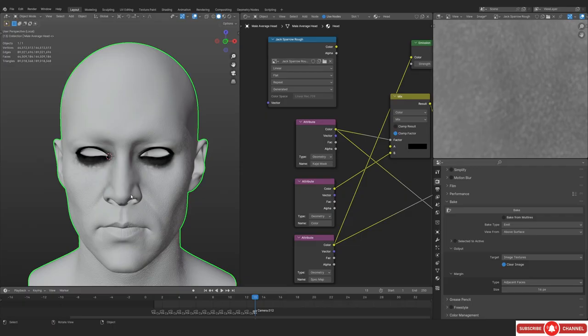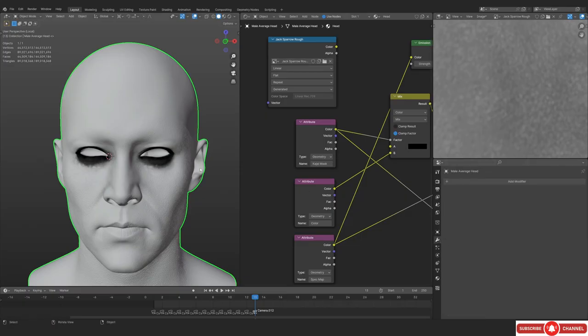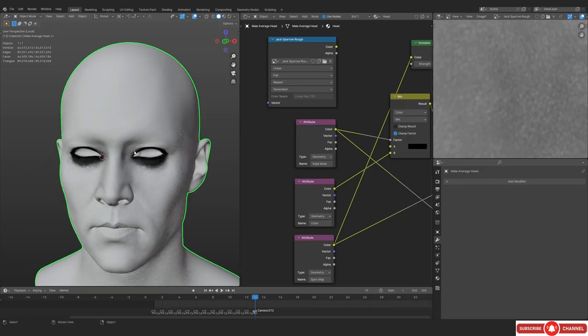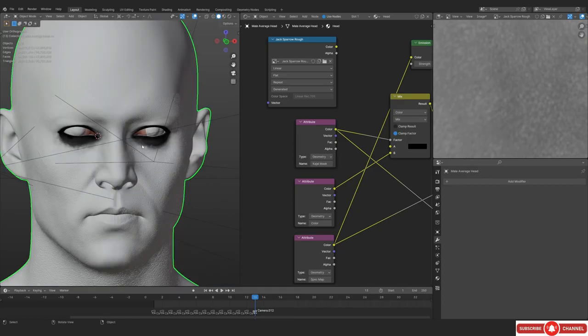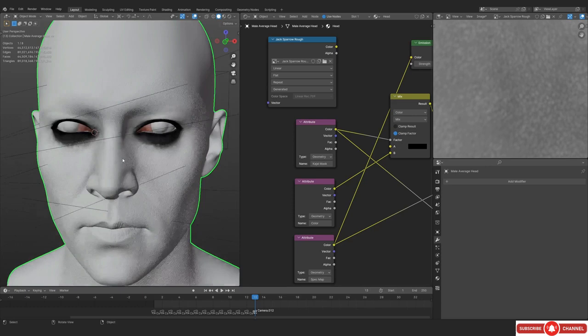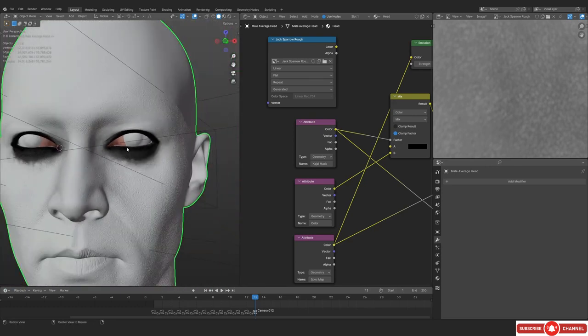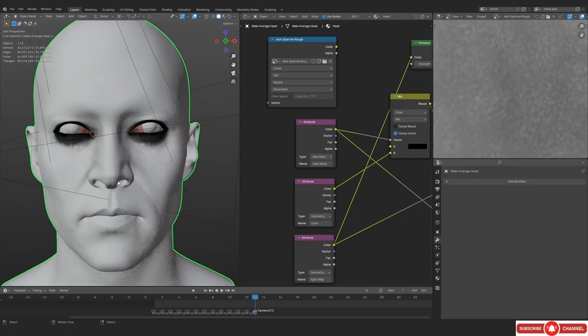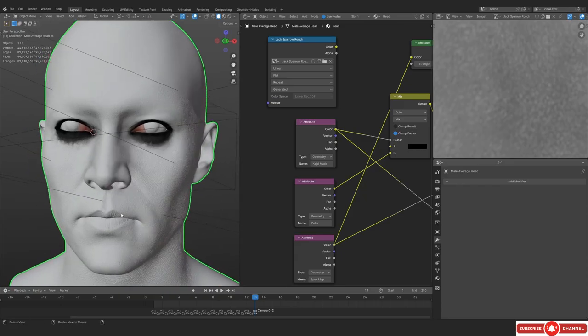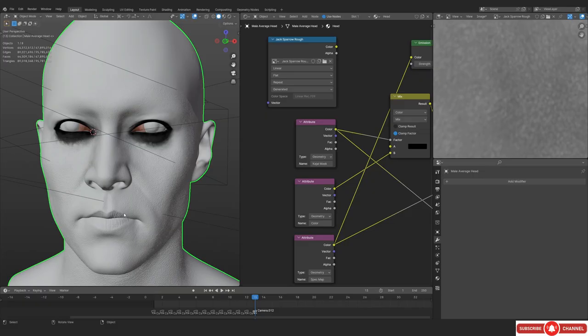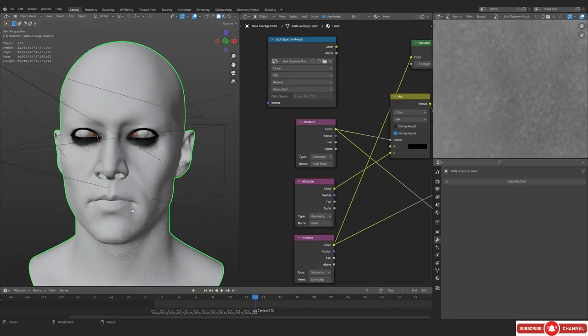So yeah, I didn't really show you the baking process, but I've shown you the method. So you just have to click on the bake, and it would work for you. So yeah, this was kind of a mini tutorial, and we baked all the maps basically, and now we can actually just do the micro displacement map as well. So yeah, there isn't really anything else in this video, so I am just going to say bye bye, and I'll see you in the next one.